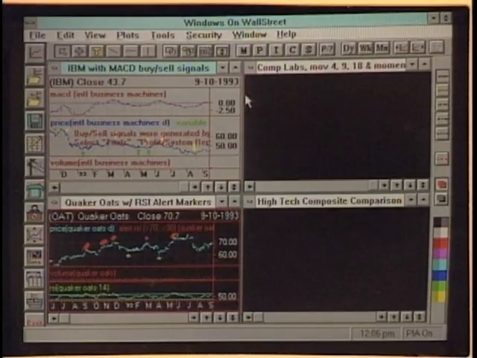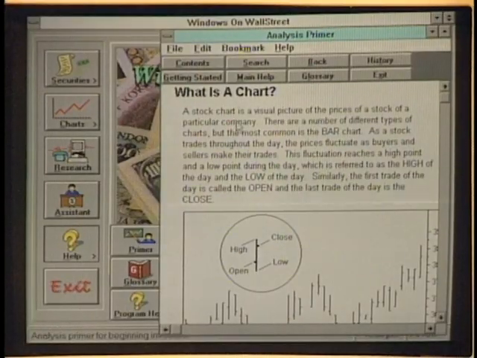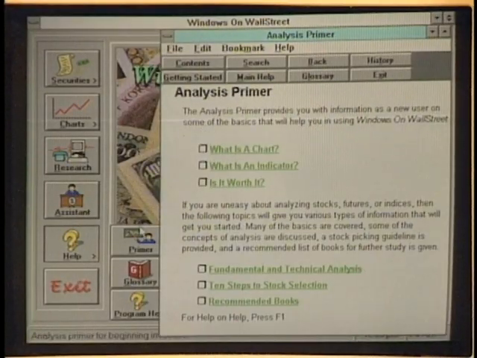Okay. Now we can also, of course, allow you to take a look at all these in one full screenshot. All right, David, suppose I don't understand all this stuff and all these complicated terms and graphs you've been talking about. Can I go in the software and actually learn all this? Certainly can. As a matter of fact, what we provide is what you could consider to be an educational library of sorts, a financial library. For example, what is a chart? Or I can go into a complete financial glossary. And I can also take a look at maybe what are the steps for a beginning investor to learn how to invest.